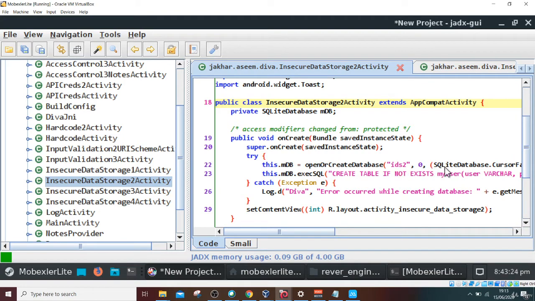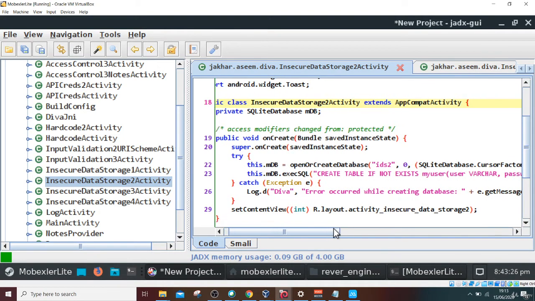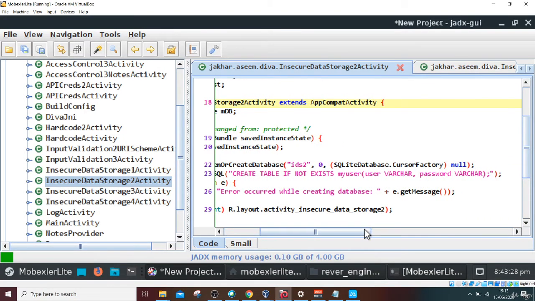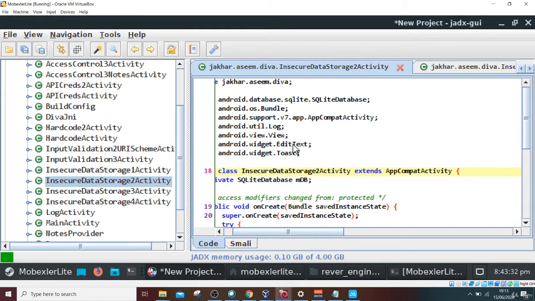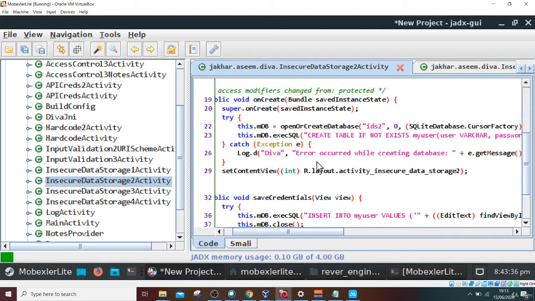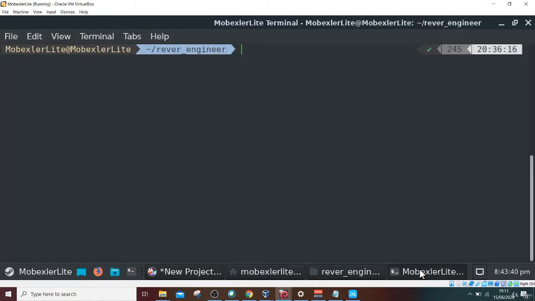You can see our credential has been saved, and as per this class, it is saved in some SQLite database. The name is not clear here, but we can make out that this is some DB file. Let's go to our CLI and check first if the device is connected. Go for adb devices.